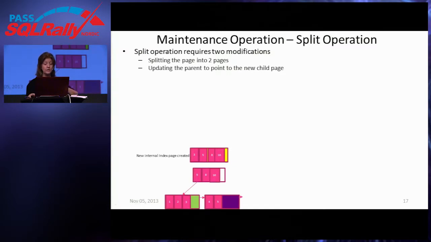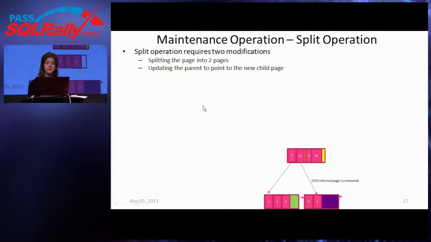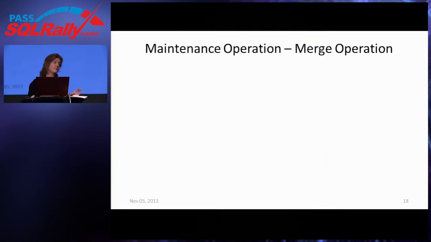a whole new internal page is built. That's the one with the yellow background. And then the new yellow page has its pointers updated to point to the new leaf level pages. So everything is done on new data, and then the pointers are adjusted to include those new pages in the index structure. And I know this is fast and furious here. Well, not so furious, but I'm not stopping for a lot of details. I just want you to have a general feel for these operations here.